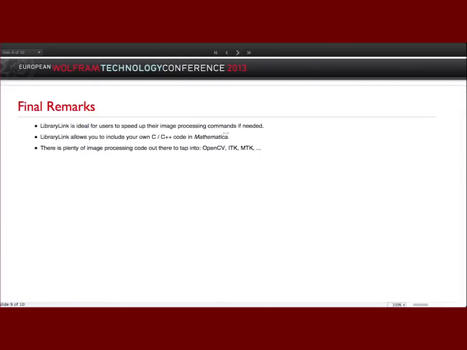Final remarks. The message of this talk is threefold. First of all, LibraryLink is ideal for users who like to speed up their own image processing commands because, well, it's an open secret. Mathematica is an interpreter language. You can get close to the speed of C by a factor of 3, 4, sometimes if you're really good. Mostly it's a factor 10 difference. But if you have the opportunity now to actually code the most inner parts of your algorithms directly in C, you can really harvest that speed, and thereby you can really speed up your image processing code quite a bit,